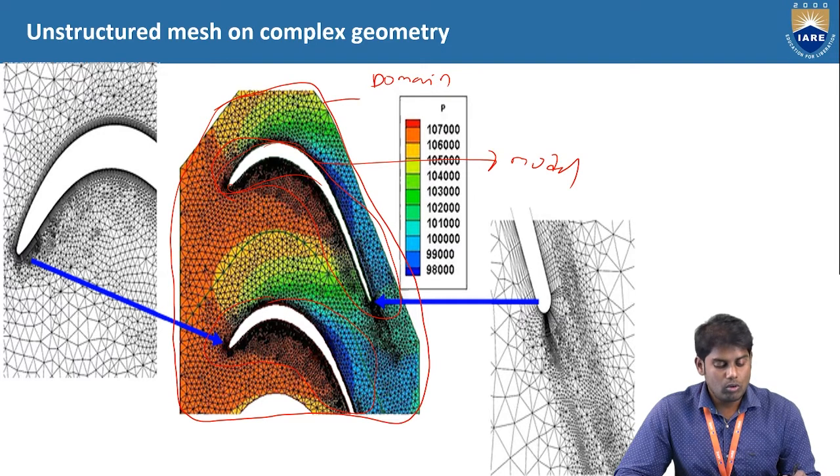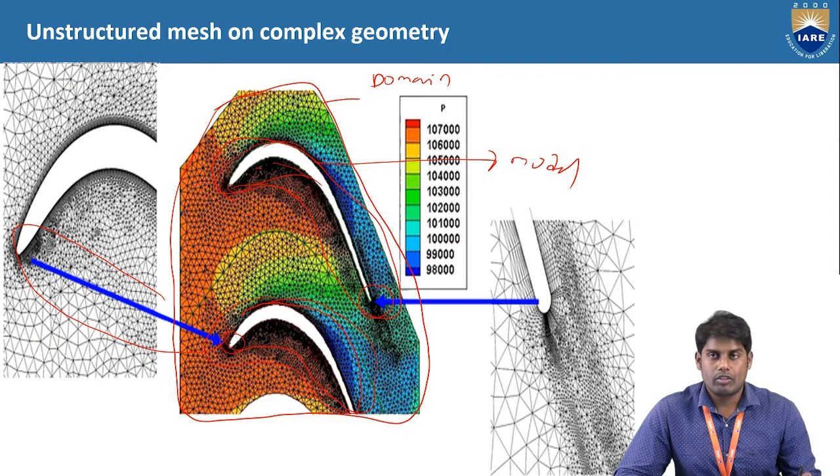If you want the results to be very precise near the wall, then here you can see that we are using a finer mesh near this model. You can see a blacker entity, which shows that a finer mesh is used. This is called the leading edge of the aerofoil, and this is called the trailing edge of the aerofoil.